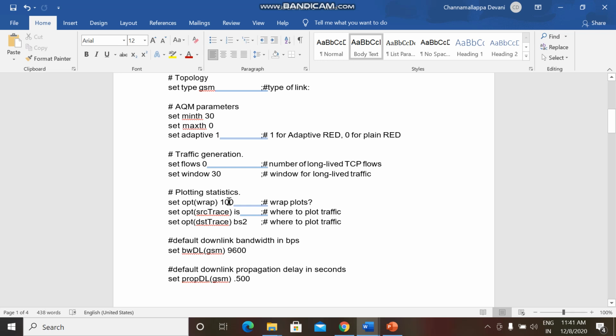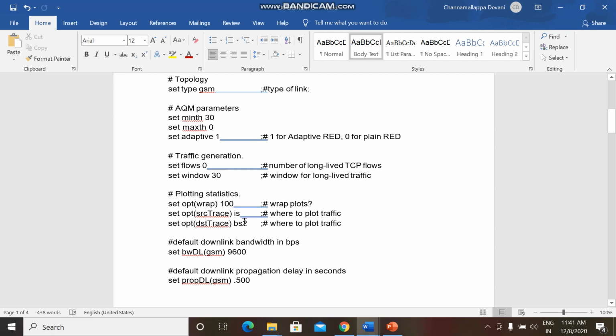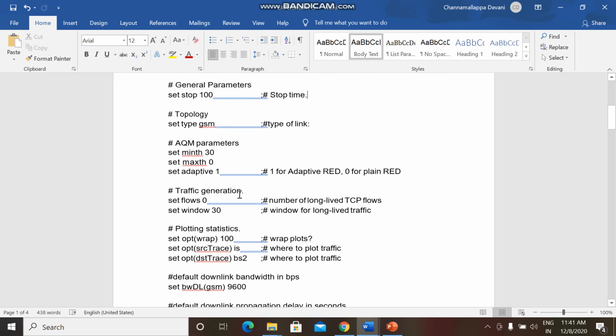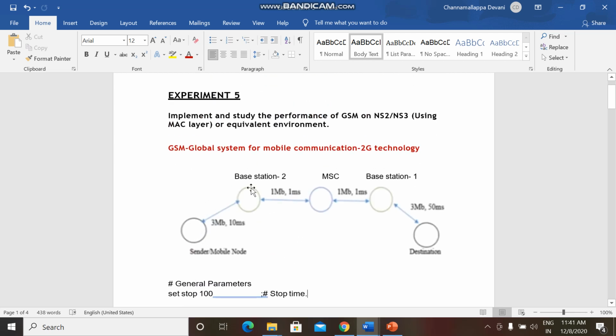Now this is the plotting statistics, that is how many number of packets can be sent. Next is the source trace, that is IS stands for initial source, and the destination trace is your base station. As I told you, whenever this base station is taken as 2, that is from the source node to its nearest base station, we consider this as one path.